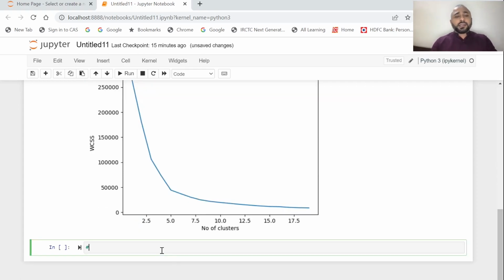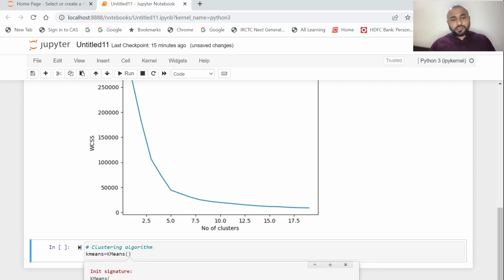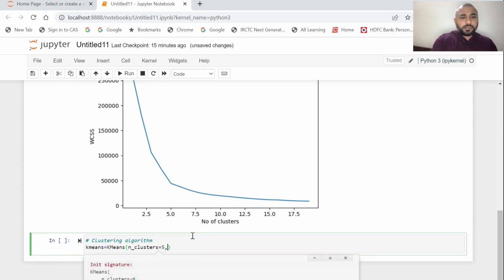Now I want to create the clustering algorithm. So here it is very simple. I will again call it KMeans itself. So KMeans, and I'll shift and tab. I'm going to get these values. So here instead of 8, now that you have done your elbow plot, you know how many clusters you need. It's equal to 5, isn't it? So 5. And then the method is again the same. I want to use the init method as